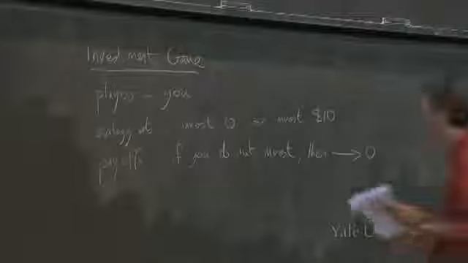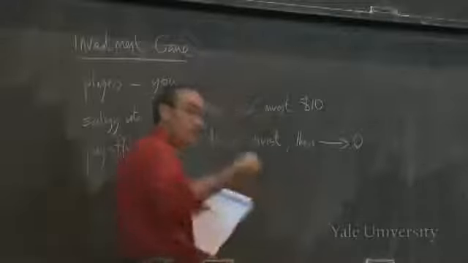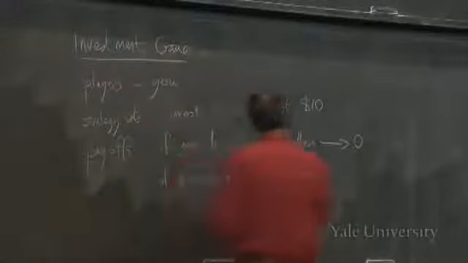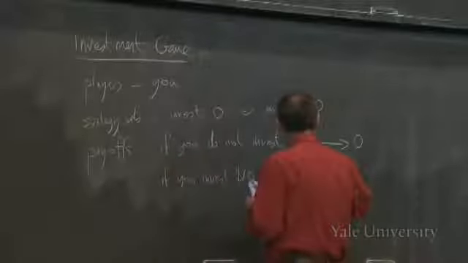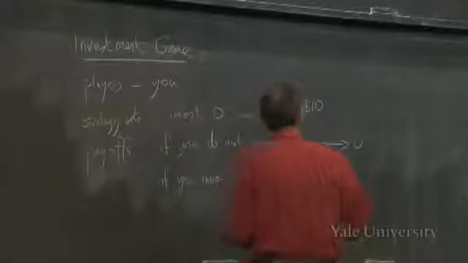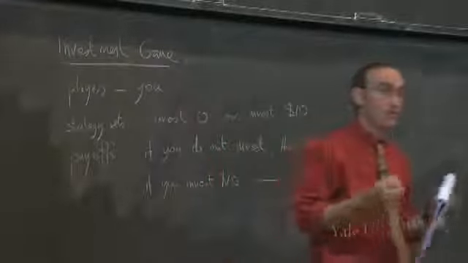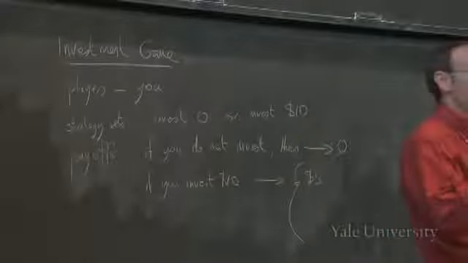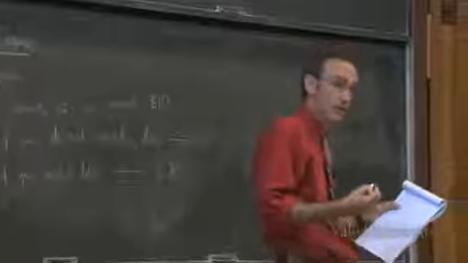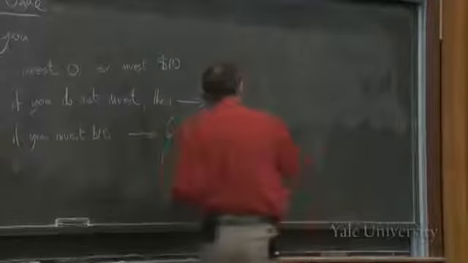All right, but if you do invest, you invest $10. Remember, each of you is going to be investing $10. Then your individual payoffs are as follows. Here's the good news: you're going to get a profit of $5. You'll have invested $10, so you'll make a gross profit of 15 minus the 10 you originally invested, for a net of 5. Everyone understand, right? So a net profit of $5. That's the good news, but that requires